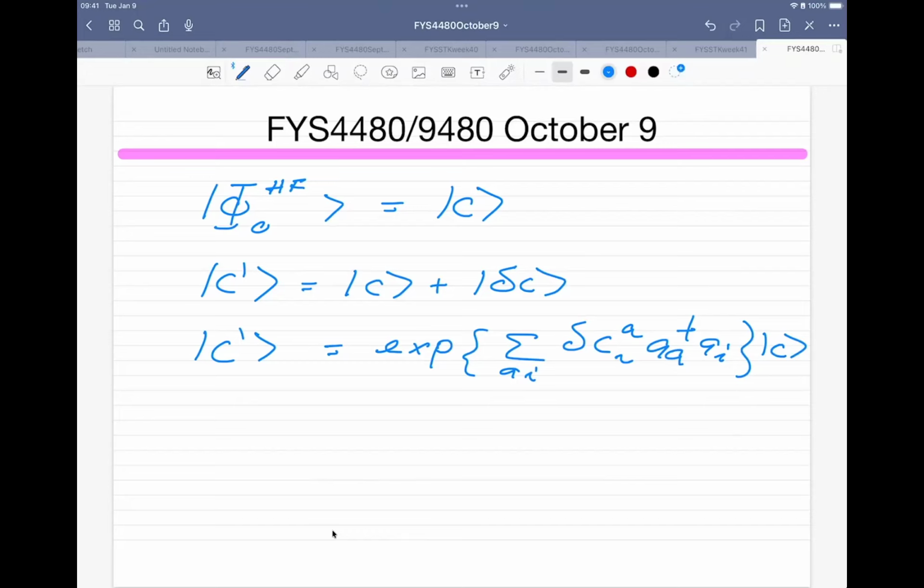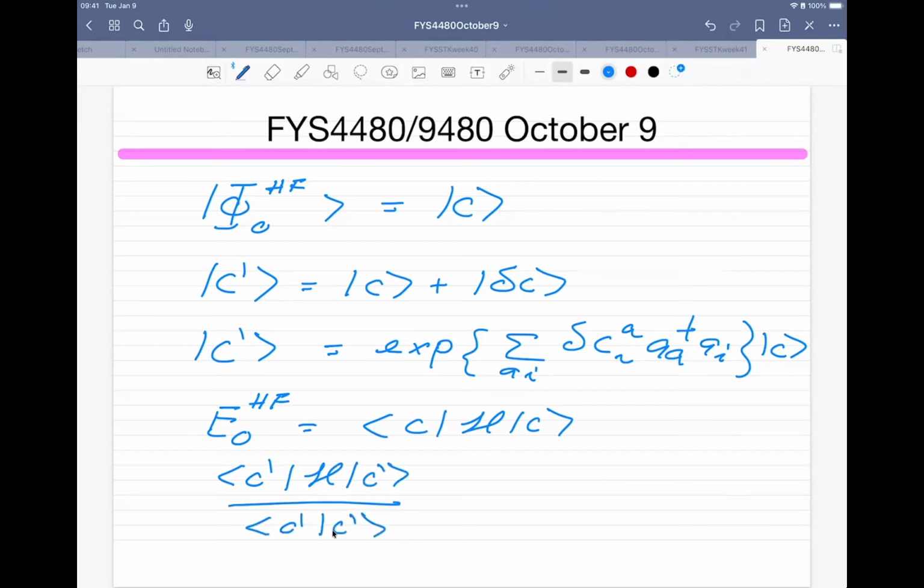And what we wanted to show then is that this energy, E Hartree-Fock, is the lowest energy we can achieve with this Slater determinant based on variational calculus. So what we have then is that this expectation value is something which we define like that. And then the thing we wanted to prove is that this expectation value here